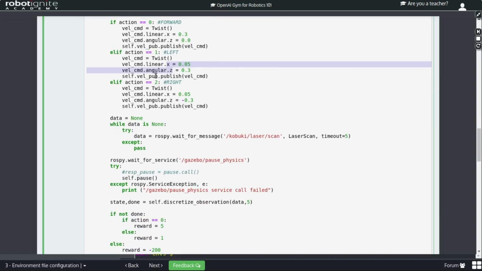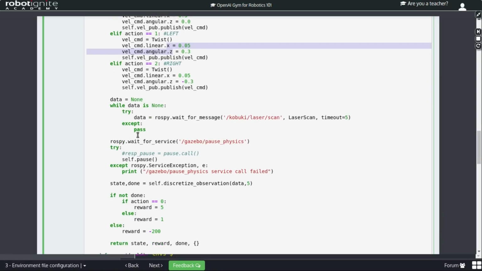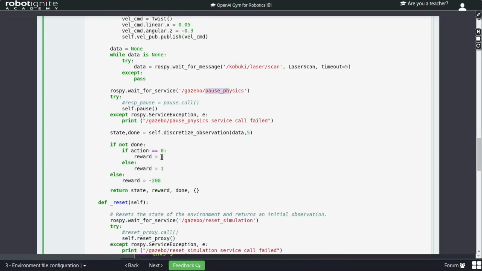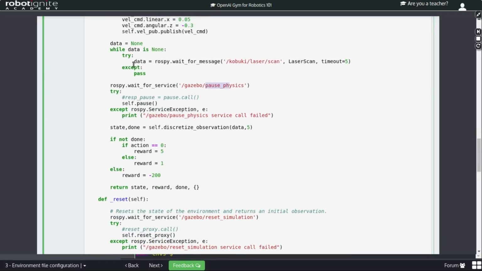If you don't know what we're talking about, go to the ROS basics, okay? So here we wait for the sensors. In this case, we are only waiting for the Kabuki laser scan. And when it's done, then we retrieve the data, which will give us how the environment is. So once we have it, then we pause the physics and then we process this data,